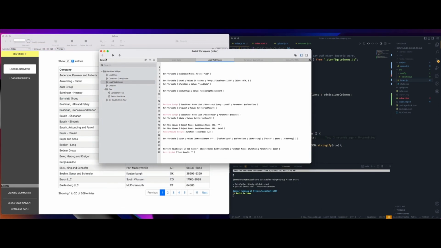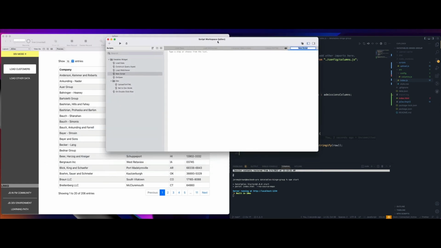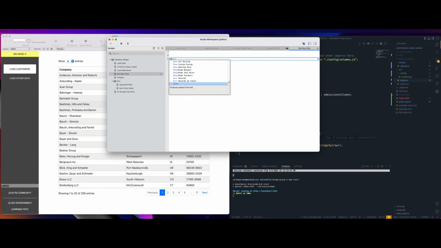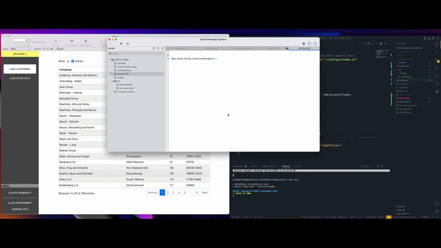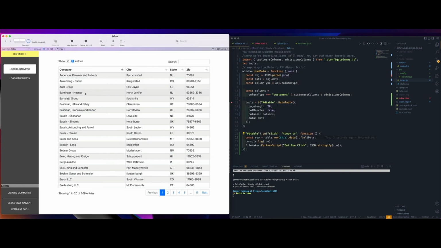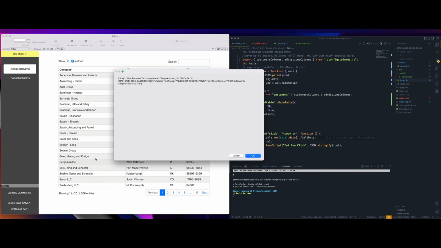So in FileMaker, let's go write that script. Get row click. And we'll just say show custom dialog, get script parameter. All right, let's run this. Boom, and there we go. Now we are passing the data back to FileMaker from JavaScript. And you as a FileMaker developer can now take this and do with it what you want. Open up a card window, go to related records, whatever you want to do with this. You have the ID of the record, you have all the information that you need about that particular record.